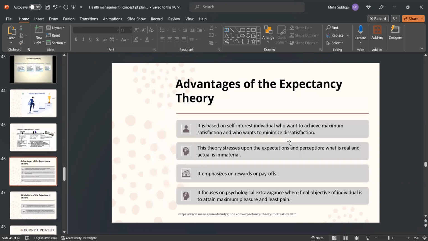Advantages: it is based on self-interest, an individual who wants to achieve maximum satisfaction and who wants to minimize dissatisfaction. This theory stresses upon the expectations and perception. What is